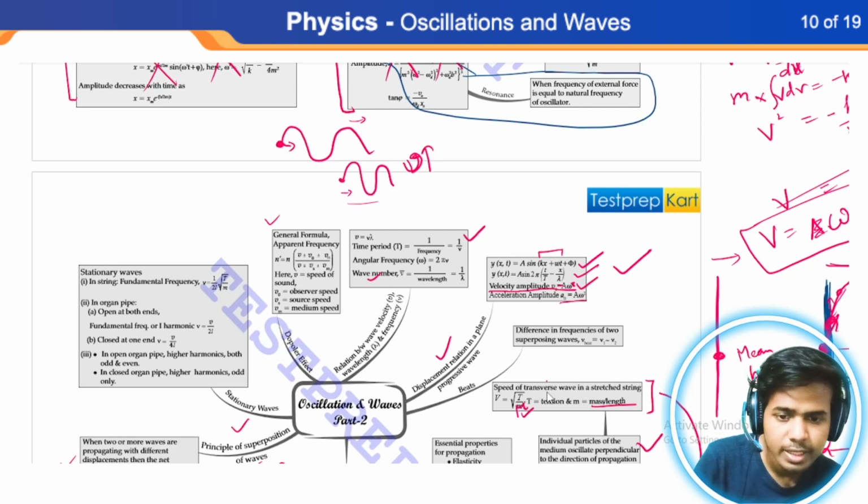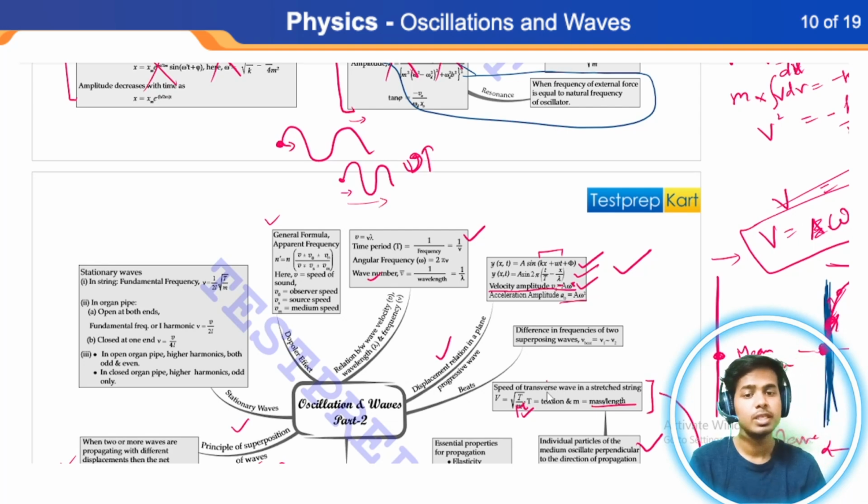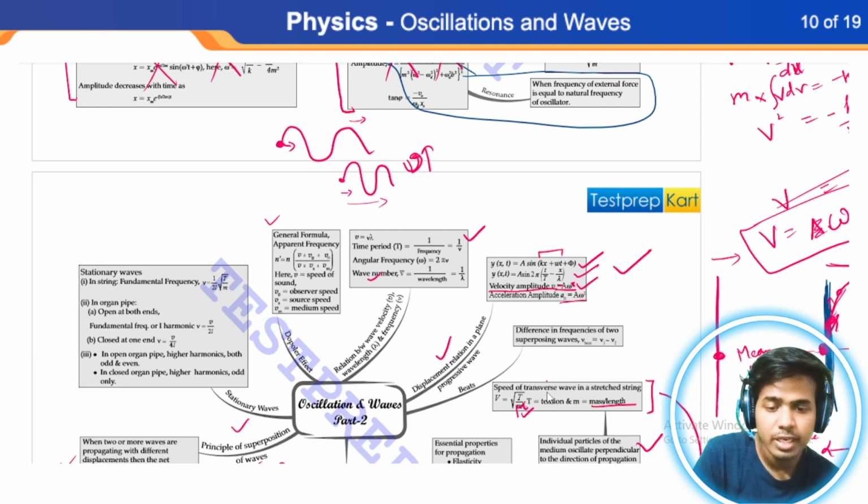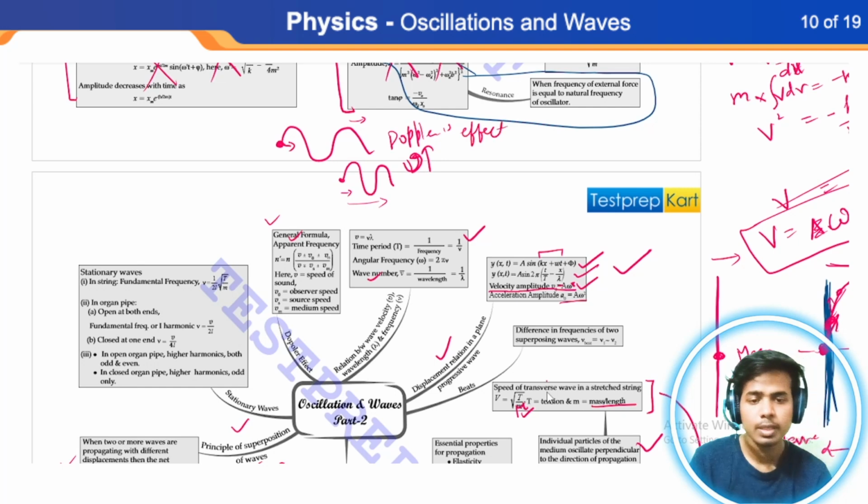It is of course getting stacked up, so the frequency will increase and the time period will decrease. For giving such kind of relations, we have the Doppler effect. This effect is called Doppler's effect. You must have come across this when you are at the railway station maybe, and the train